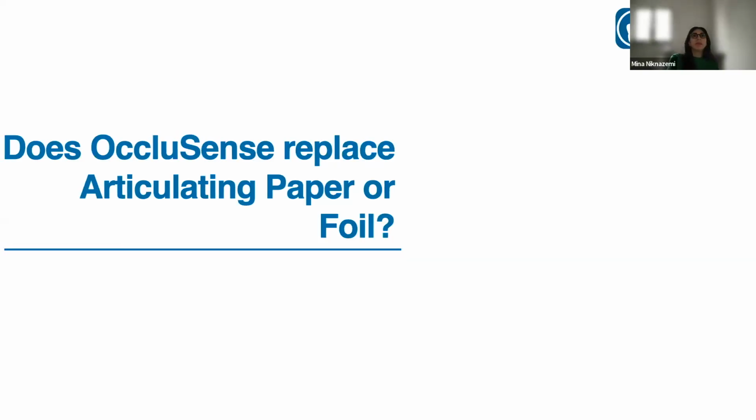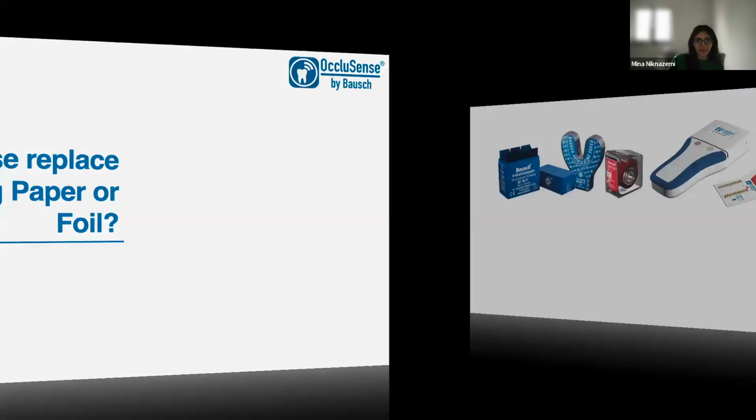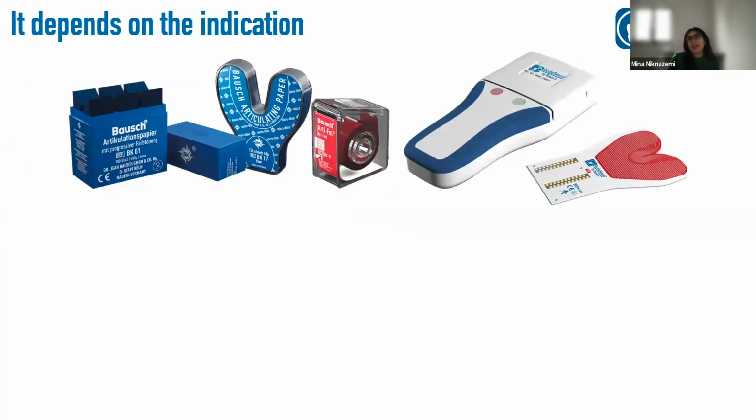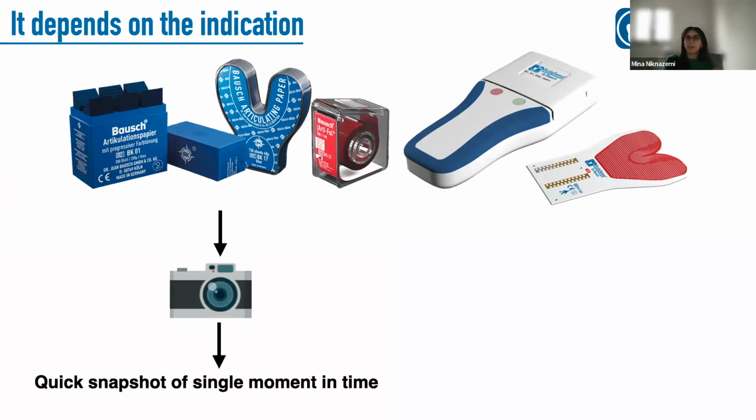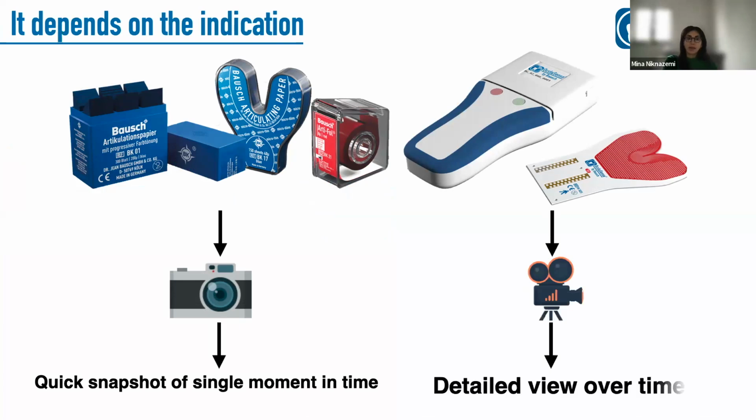Okay, so maybe the most relevant question for today: does OccluSense replace articulating paper and foils? It really depends on the indication. With foils and papers, you have the opportunity to take a single snapshot in time of one single moment. With OccluSense, you have the ability to take a video recording over time, and it gives you a more detailed overview. And depending on what you are looking for within your treatment plan,